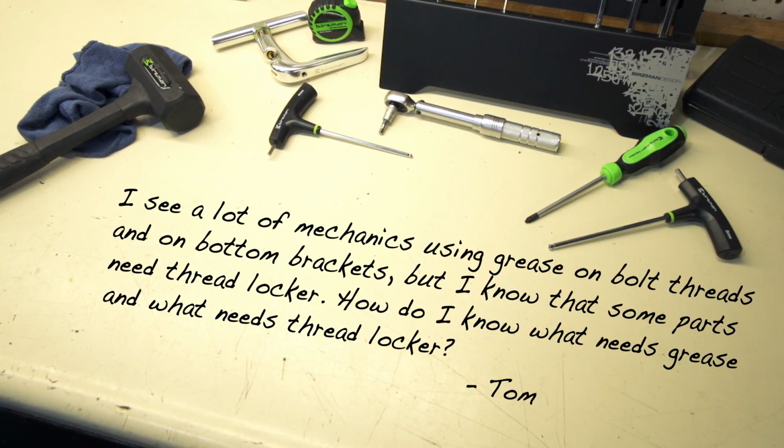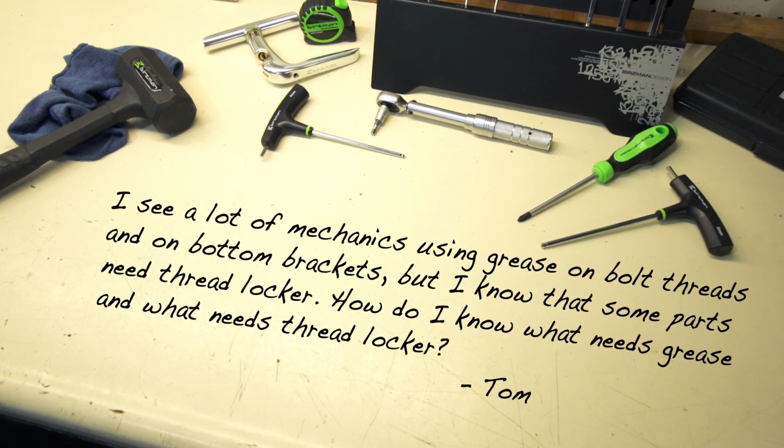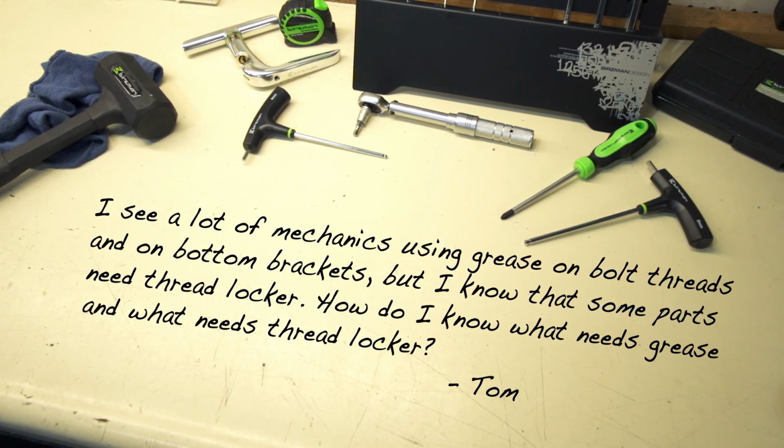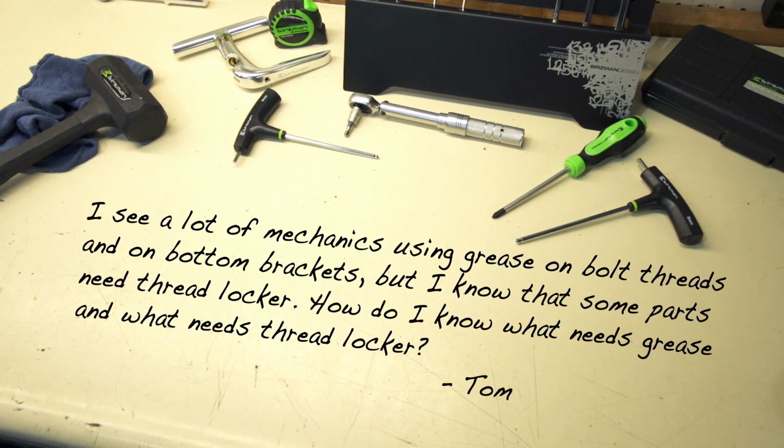Tom wants to know, I see a lot of mechanics using grease on bolt threads and on bottom brackets, but I know that some parts need Threadlocker. How do I know what needs grease and what needs Threadlocker? Great question. You should always follow the manufacturer's instructions regarding the preparation of components before assembly, but I'm happy to